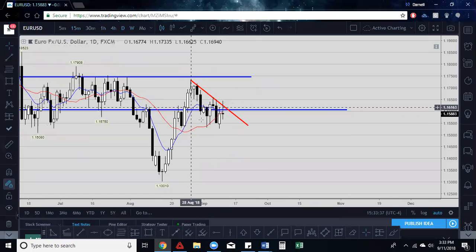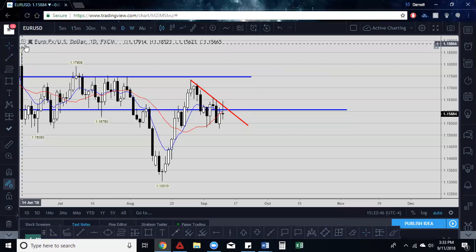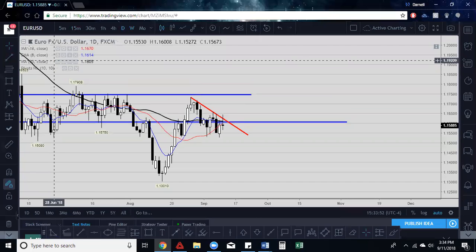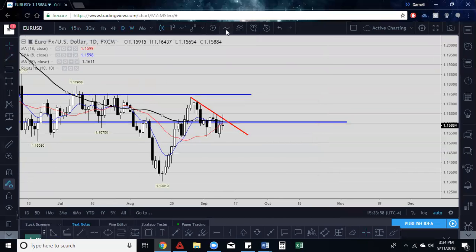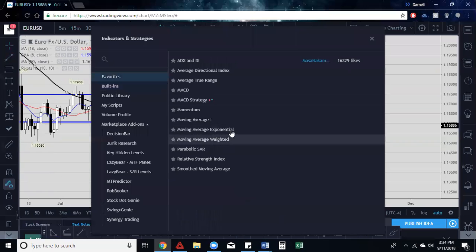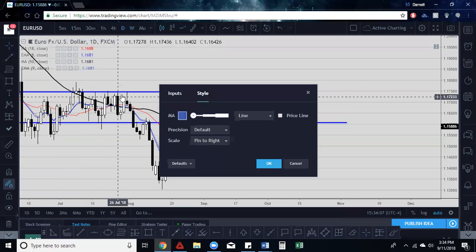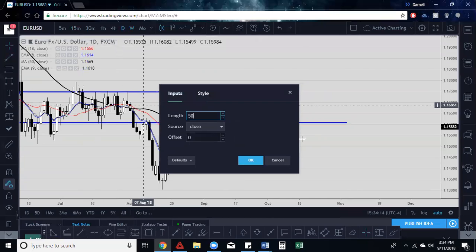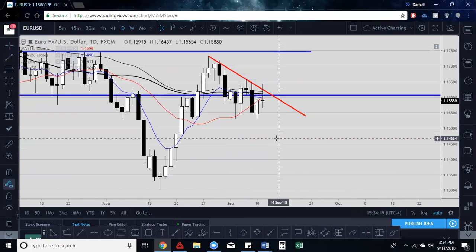Now, if this is another one to me, so how do I calculate? Well, if the SMAs and EMAs aren't maintaining on the daily, how do I calculate bearish sentiment in the market? What I do is I add a 50 moving average. I'm sorry, this is actually supposed to be a 50 exponential moving average. So let me just fix this really quick. So again, the main thing I look for is if the 8 and the 18 SMAs aren't maintaining, I'll look for just the 18 to be below the 50 EMA on that daily,